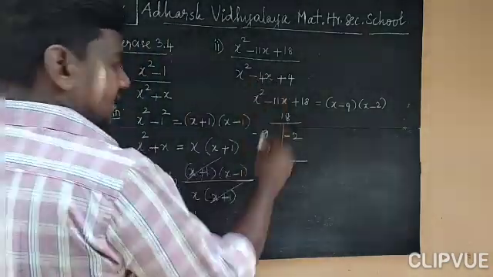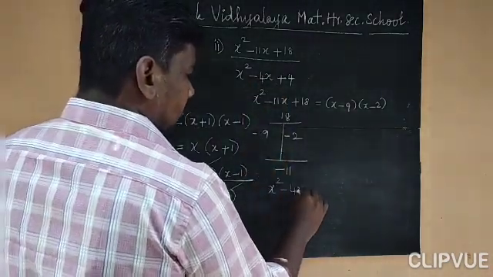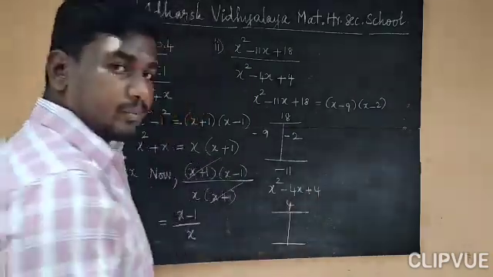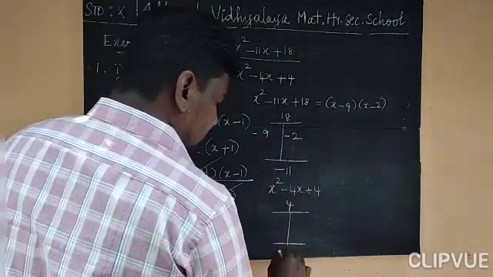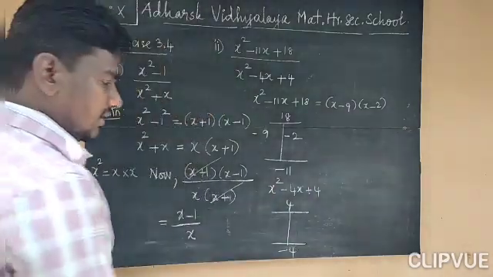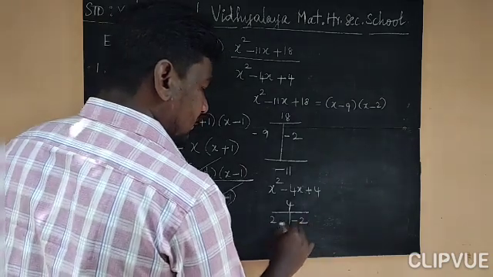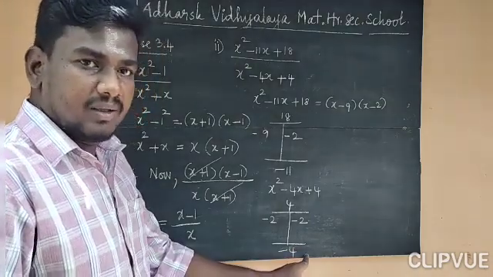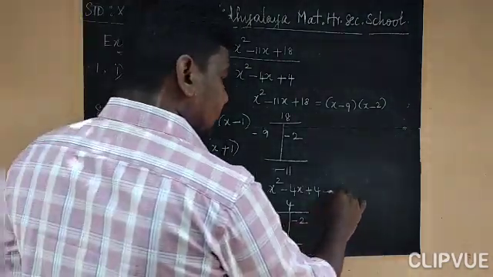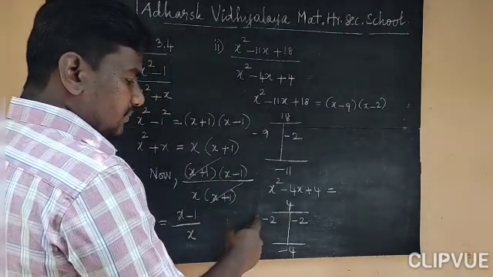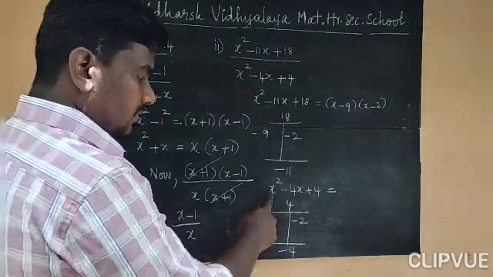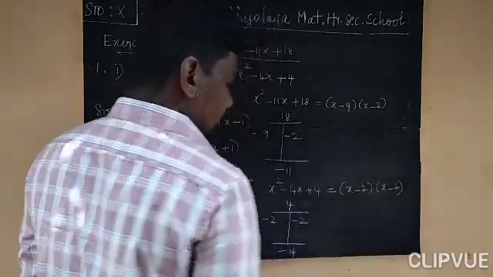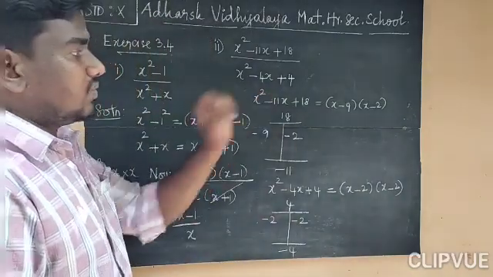Okay. Similarly the second one, x square minus 4x plus 4. Now this plus 4 is the product of two numbers. The minus 4 is the sum of the same two numbers. What are they? 2 and 2. Minus 2 and minus 2. Minus into minus is plus, and when adding both, the minus sign is assigned, so plus 4 and minus 4 result. So to write the factors, first we assign the variable. The variable is x, so x minus 2 into x minus 2. So these are the factors of this quadratic polynomial.